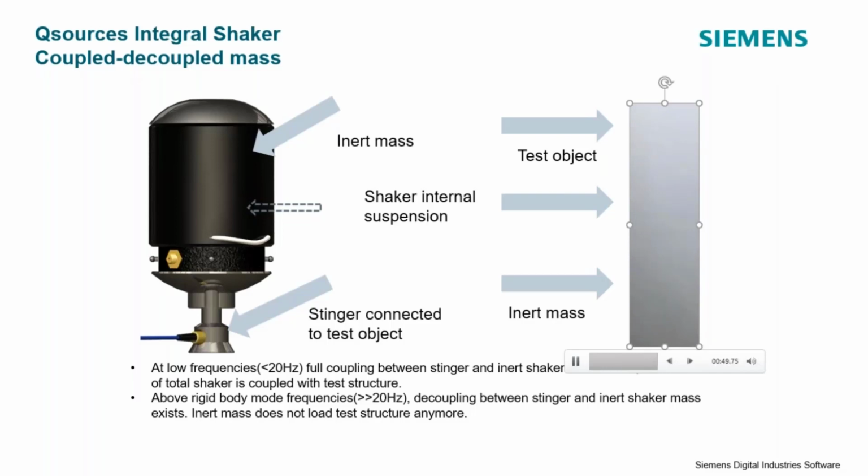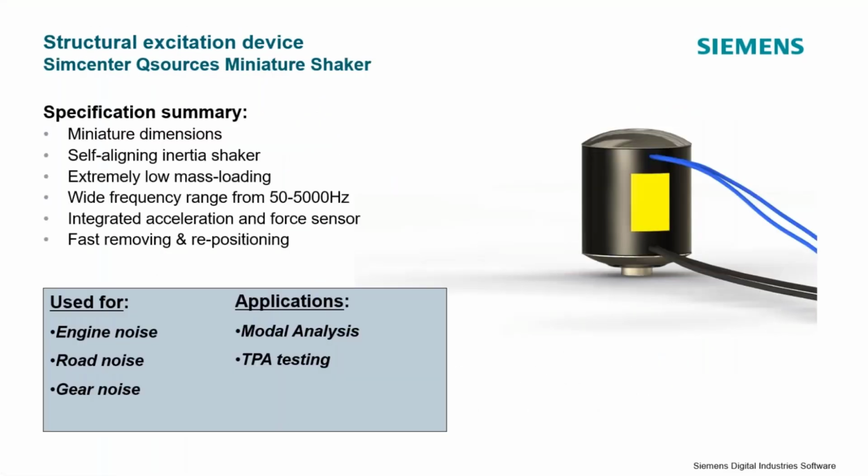The miniature shaker, again, feature size. So again, it would be impossible to put an impact hammer inside a combustion cylinder. I think there's a picture coming up of a piston rod and that mounting, never going to get an impact hammer inside there. So not only does the feature size help you, but we also talked a little bit about the repeatability of these shaker systems.